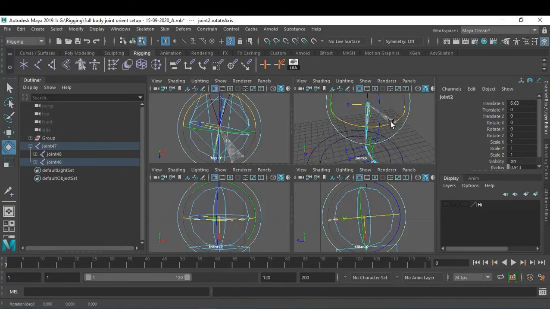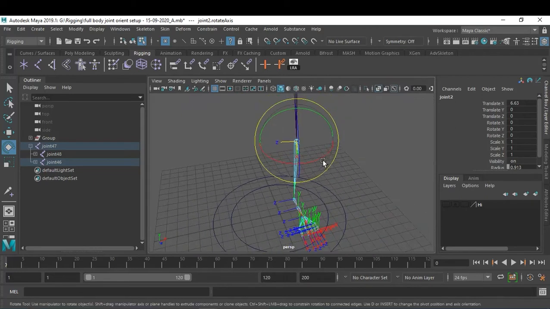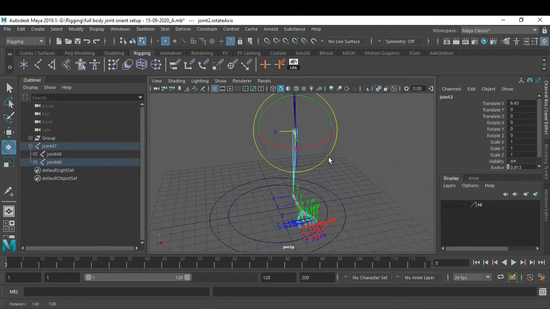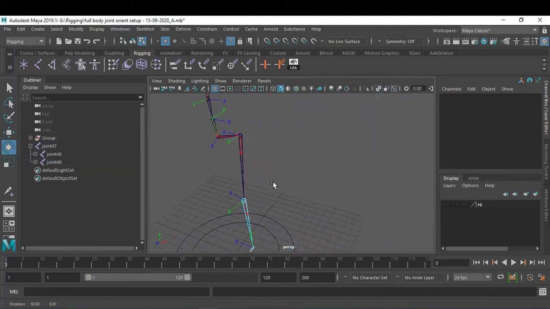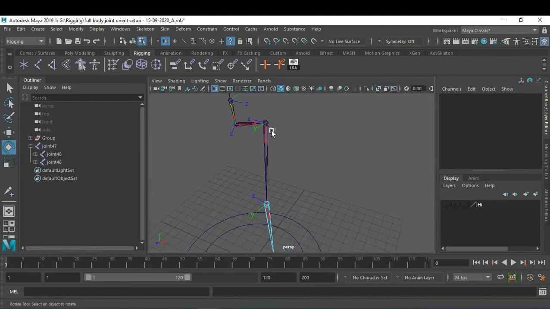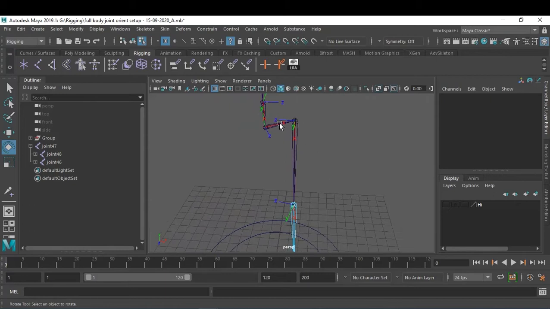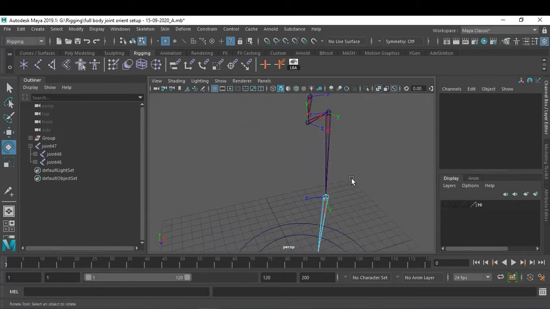Control Z. Same thing you have to do over here also. See, the z-axis is proper, x, okay.